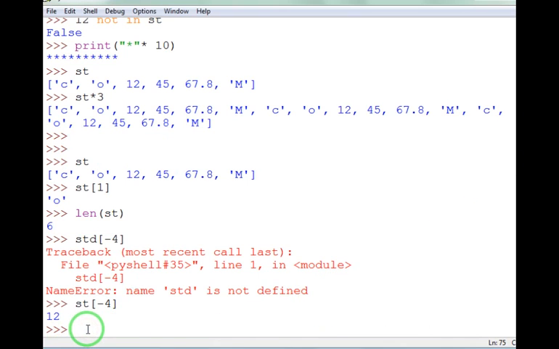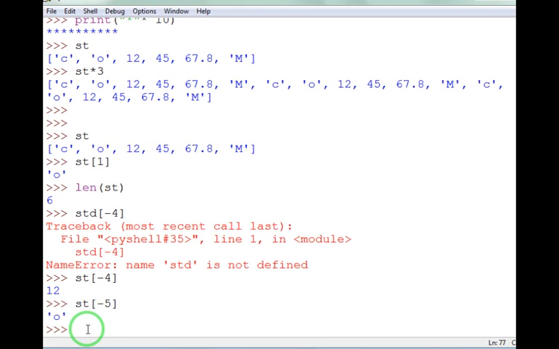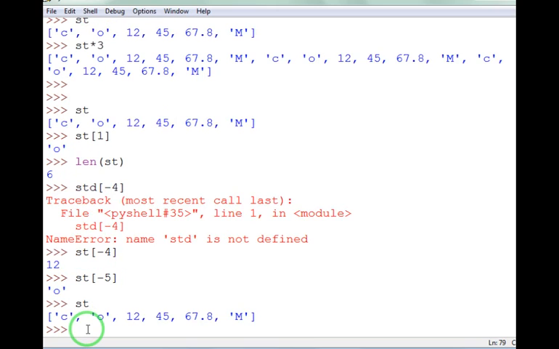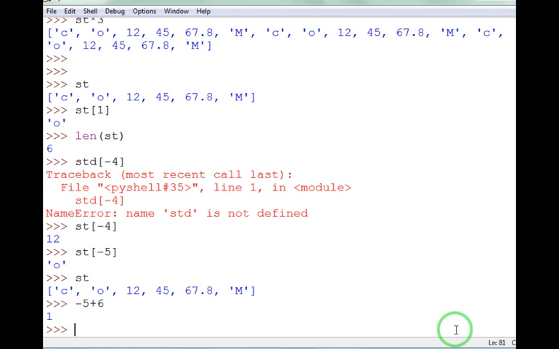So let's try with another example. Suppose you have written -3 over here, or you have written here -5. Let's take -5 also. ST of -5 will display O over here. How come O? Because the length of the list is 6. So -5 plus 6, you will get 1.